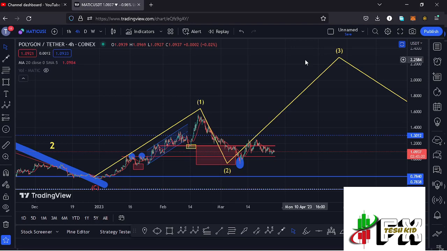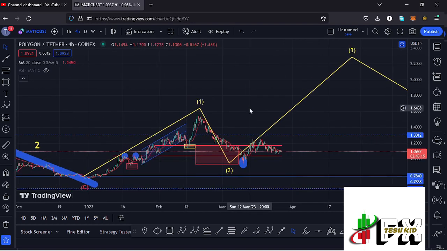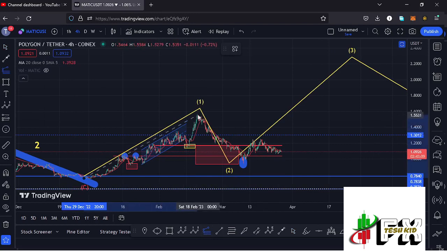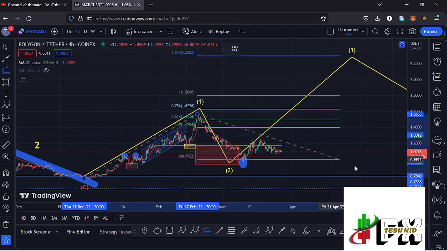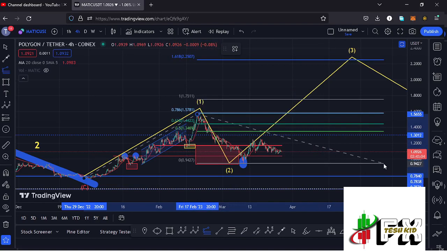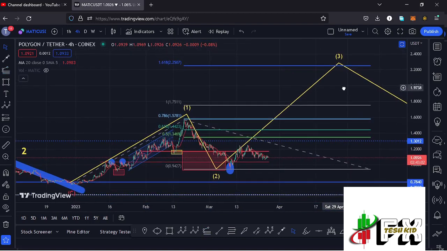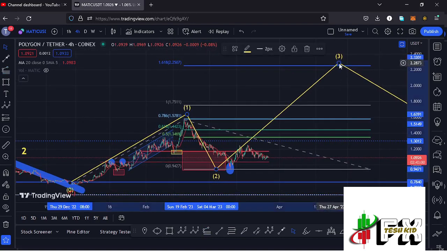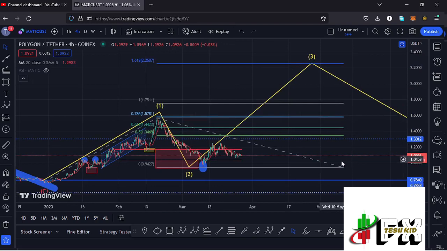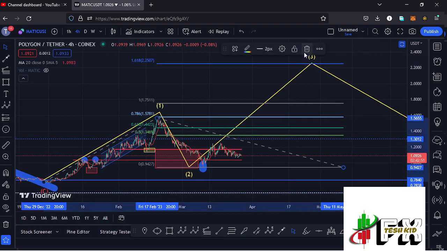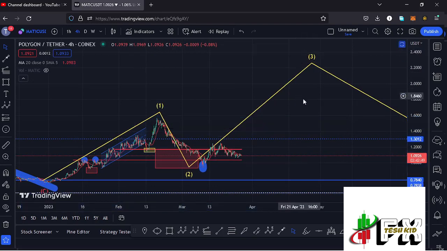And allow me to continue with the video here on the 4-hour chart by first sketching out a target area to the upper side in the formation of that wave 3 by connecting the trend-based Fibonacci from the low of the first wave to the high of that wave 1, then dragging the fibs to the low of the second wave, and that now gives me a minimum target area to the upper side in the formation of that wave 3 at the fib level 1.618, and that is at around the $2.2507 mark, and that is the minimum that I'm expecting Polygon Matic to do here